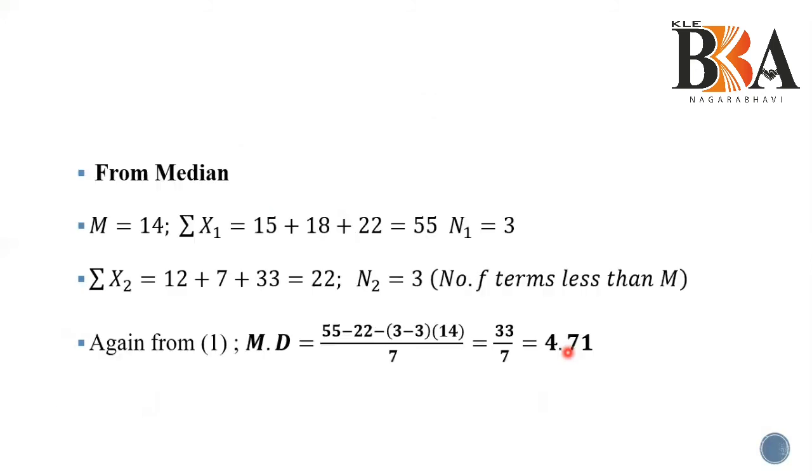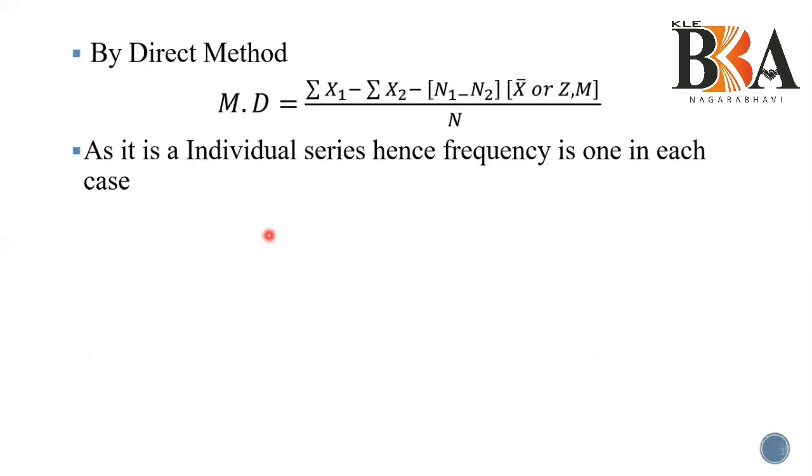Then for the median, it is the same type of solution, but once you get your median value, when you go for the division with sigma x1 and sigma x2, you have to be more careful. So what have they said here? The median is the term 14. We will find it by the same method. The term is 14. So since it is 14, how will we go about it? We will see the table first.